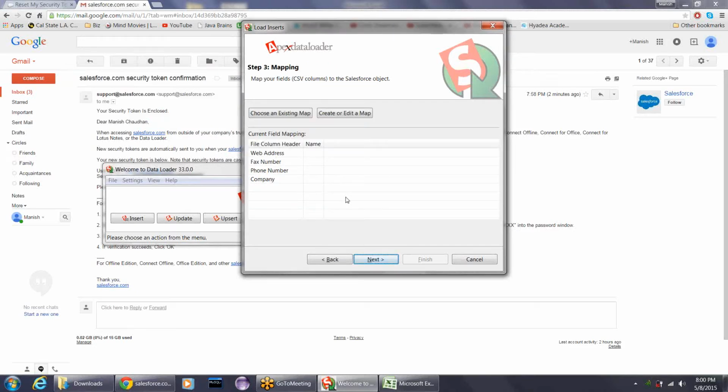Now the next thing that you have to do is mapping. Mapping means mapping the Salesforce fields with the columns of the CSV file. My CSV file has 4 columns of data. We saw that, right? So we will just need to map those columns, web address, fax number, phone number, and company name, with Salesforce fields. Which column's data goes into which field. So just click on create or edit a map,